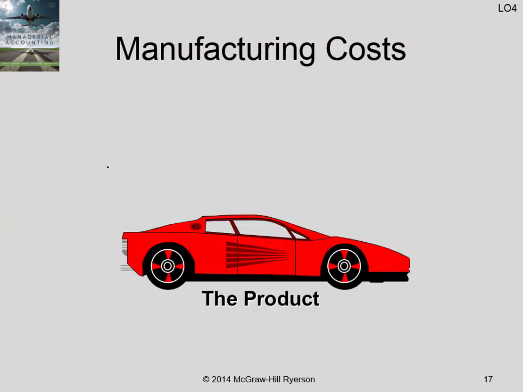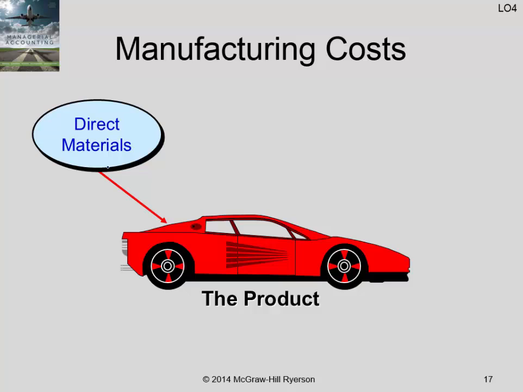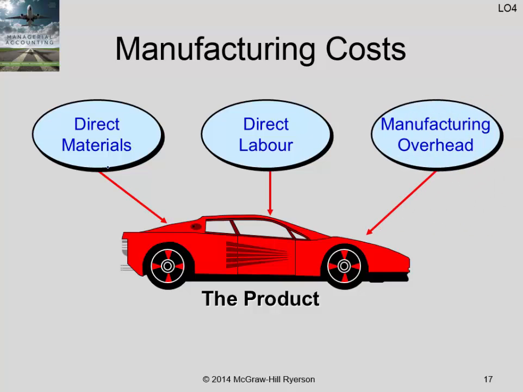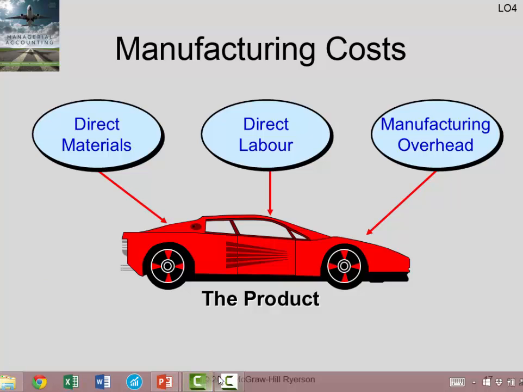And so when we look at the product itself, we've got direct materials: steel, rubber, plastic, that sort of thing. Direct labor: the big guy on the assembly line with his riveting thing and his blowtorch, doing whatever they do when they manufacture cars. And then manufacturing overhead, that indirect cost, the rent and the cost of electricity in the factory and some of those things, it's much harder to attach to that one individual vehicle. And we will continue with this in part 2 of the lesson.